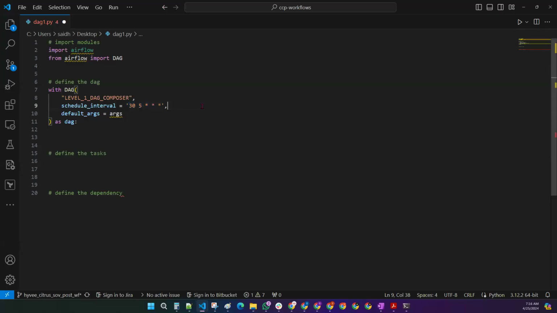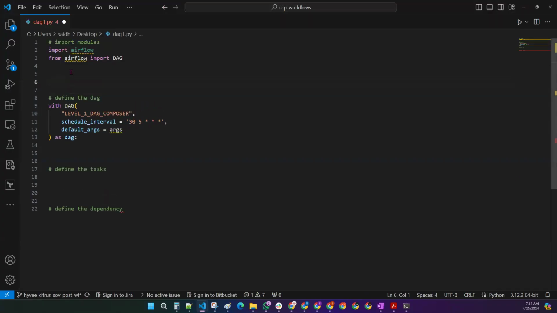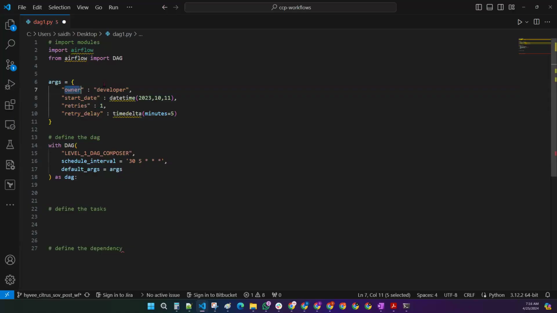Every means a star. And if you have any kind of default arguments, you can create them as default arguments. I am going to create those default arguments here. I'm mentioning those default arguments here, guys. So owner information, you can mention owner as a developer. Start date, when this DAG has to start from,